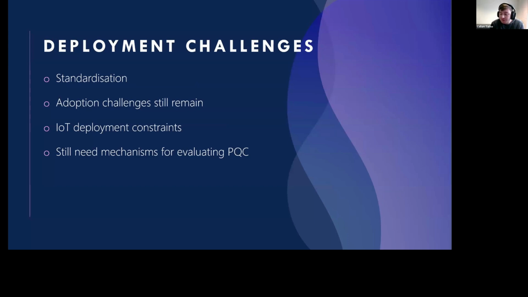Massive progress has been made within the standardization process of post-quantum cryptography, with NIST, for example, completing its main competition and selecting several algorithms for standardization, alongside running in conjunction with that an additional signatures competition where they're reviewing proposals for additional signature schemes to standardize. So progress has been made, which is good, but there are still challenges when it comes to integrating post-quantum cryptography, particularly within resource-constrained environments such as IoT.